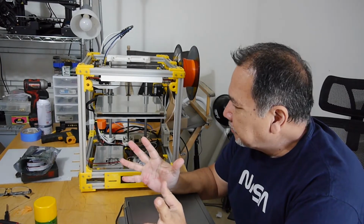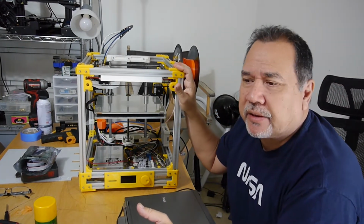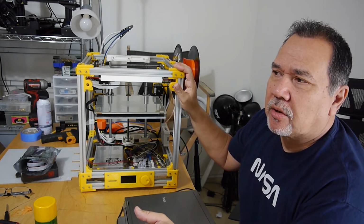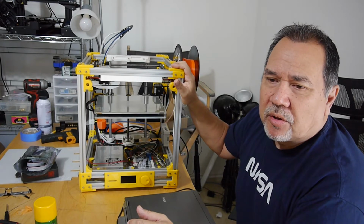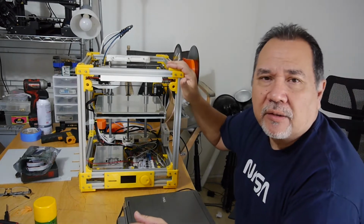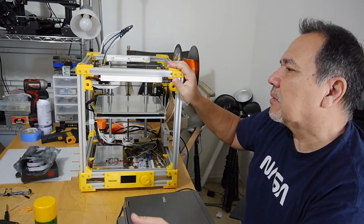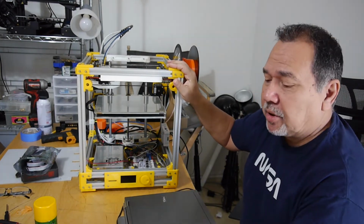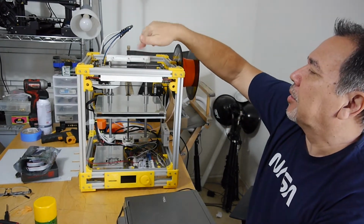So what I was thinking, when I'm looking at this machine, I didn't do my research. I just saw it pop on Craigslist for cheap, and boom, I just went and got it. And just thinking Ultimaker, okay, it's going to be a Core XY. Well, the Ultimaker 2 is not a pure Core XY. You have your separate X and Y motors. So it's more like Ender 5. And that being said, I was kind of looking forward to doing a Core XY. I've never owned one. I wanted to play with it. But this one, since it's more like an Ender 5 as far as your tracking goes,